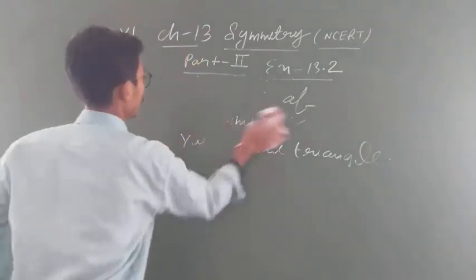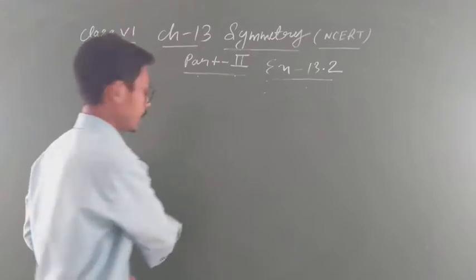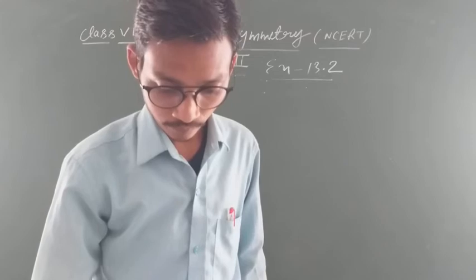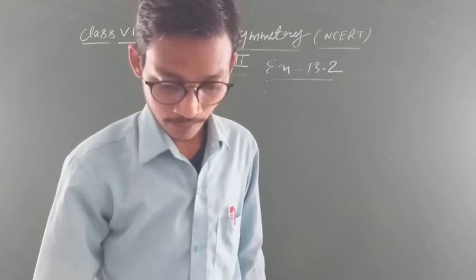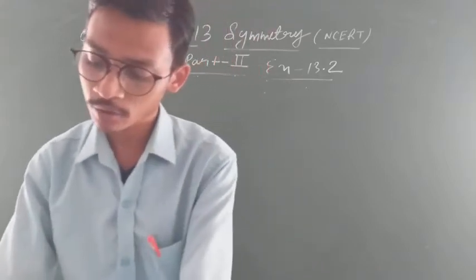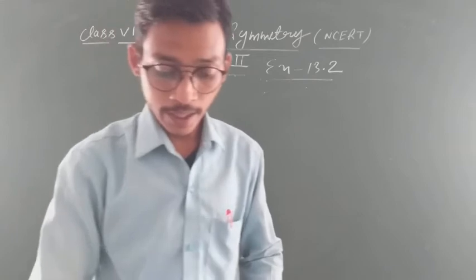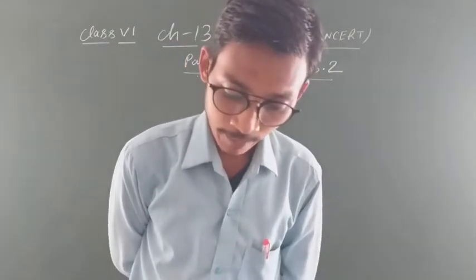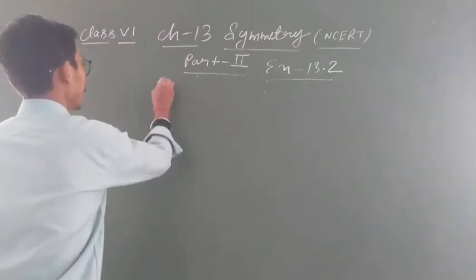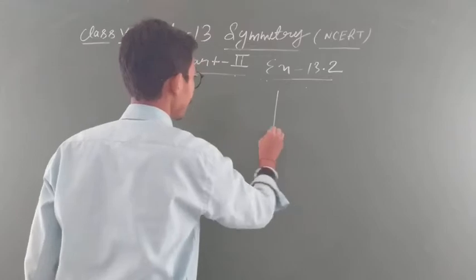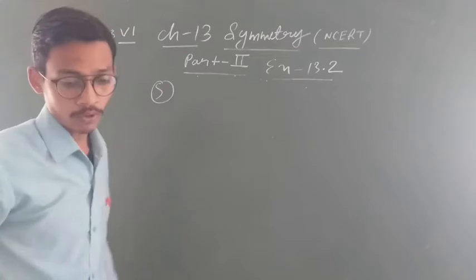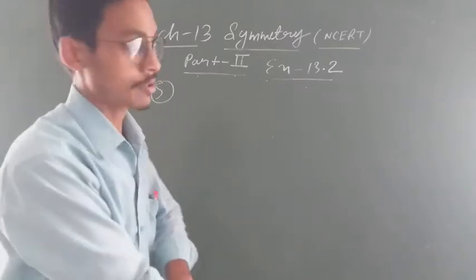Okay. Now come to the next question, that is question number 5. चलिए. देखिए, question number 5 is given on a squared paper, तो you will draw it simply in your copy. देखिए, a triangle with a horizontal line of symmetry but no vertical line of symmetry. देखो, vertical is this line, horizontal is this line. You know very well. So in this question you have to draw a triangle with a horizontal line of symmetry. देखो कैसे करते हैं?